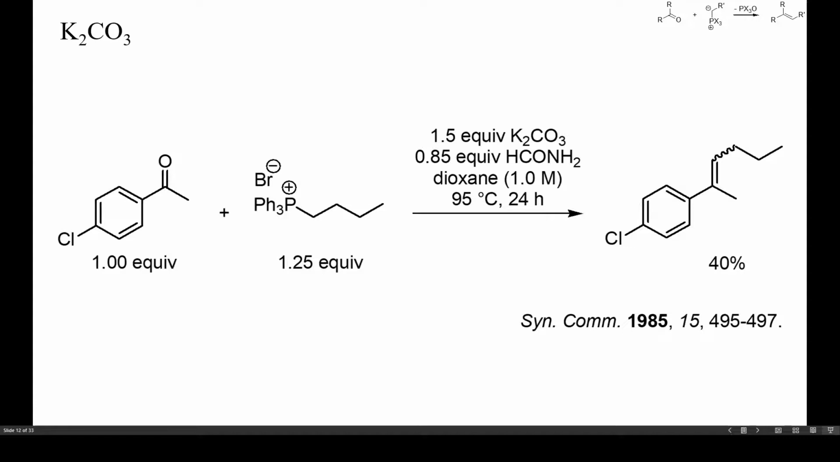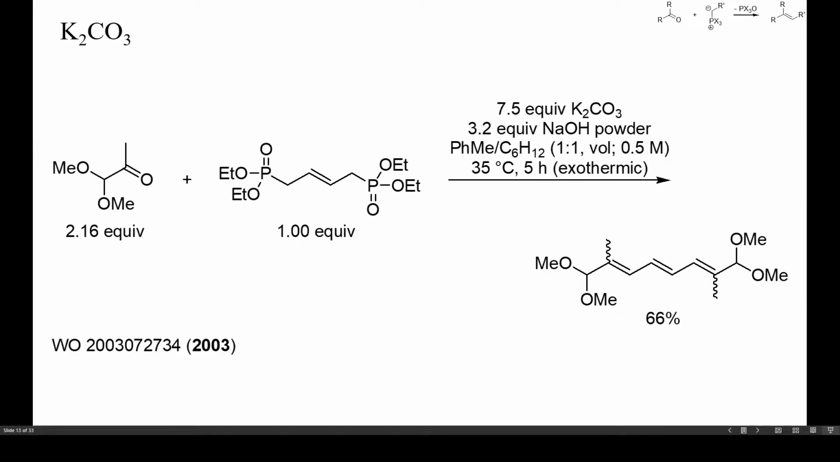As shown here, even enolizable ketones can sometimes be olefinated with phosphonium salts in the presence of weak bases and protic solvents. Here, for instance, the Wittig reaction succeeded with potassium carbonate as base and without stoichiometric generation of an ylide. Such reactions work best with non-enolizable ketones, such as benzophenone, or with ketones that undergo aldol addition only slowly. This is another example of the use of weak bases to generate a phosphorus ylide. Here the olefination was conducted in an aprotic solvent mixture of toluene and cyclohexane, with potassium carbonate and sodium hydroxide